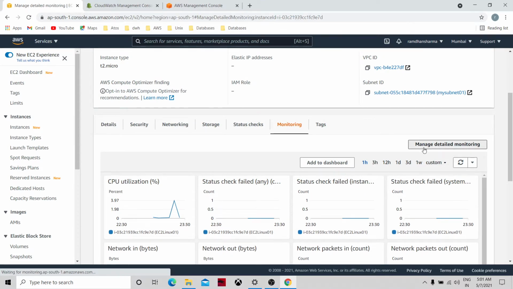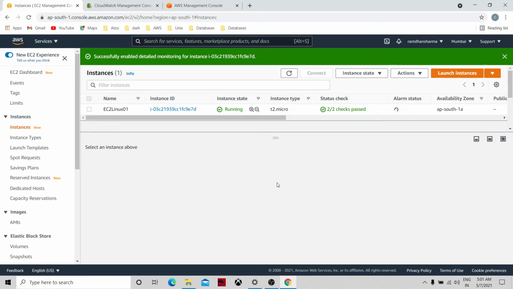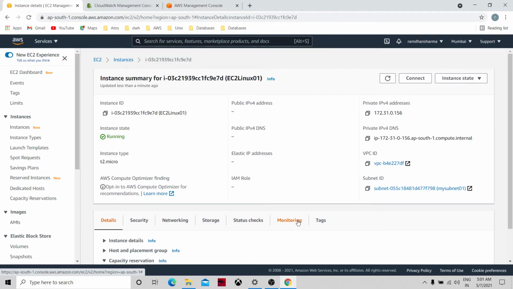I need to go and see Manage. By default it is disabled. When you create the EC2 instance and it comes up and running, you go to detailed monitoring and enable it. I'm just saving it. Then again go back to the monitoring.